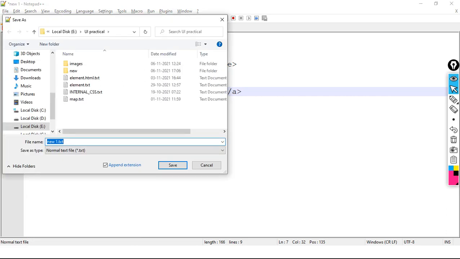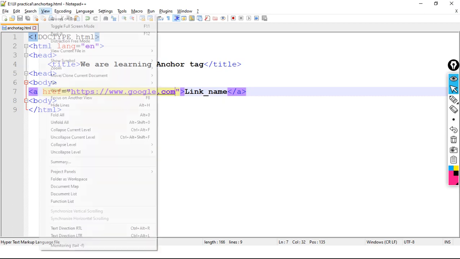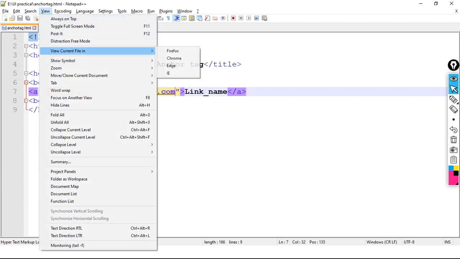Here we save it as anchor tag.html. The code is saved. Let's execute the code using the Chrome browser. Yes, here you go.